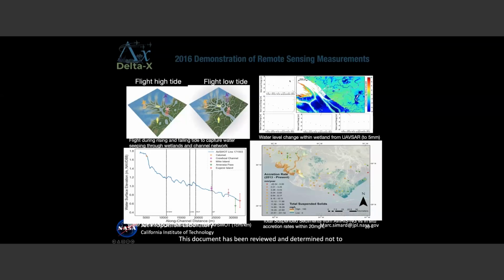And here are some examples of the UAVSAR measurements as the tide gets out of the system and back in. So you can see the progression of the tidal wave within the wetlands. So this is also a very interesting measurement that allows us to look at connectivity between the channels and the wetlands. And then at the bottom right is a